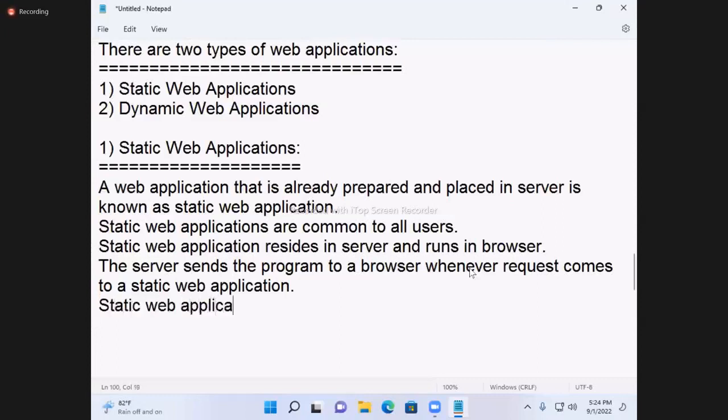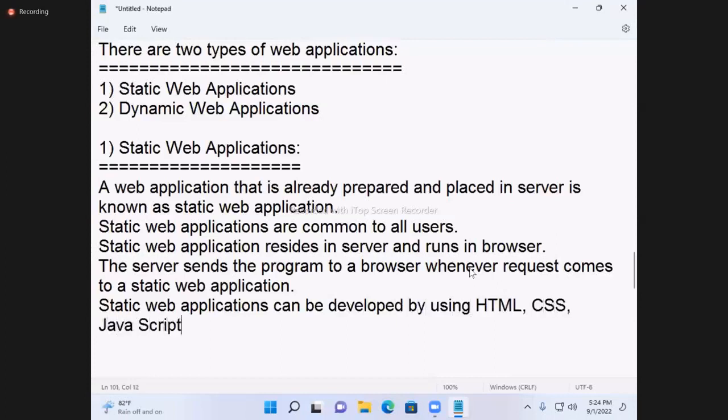Static web applications can be developed by using HTML, CSS, JavaScript, VB script, applets, Ajax, jQuery, JSON, Bootstrap, so many are there.